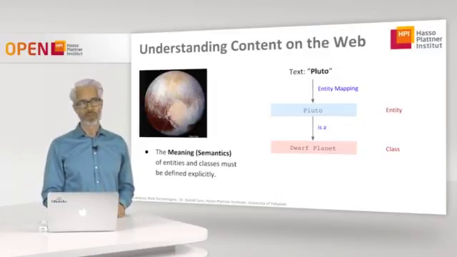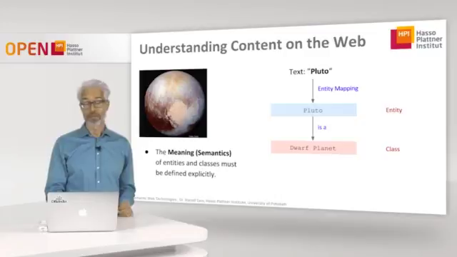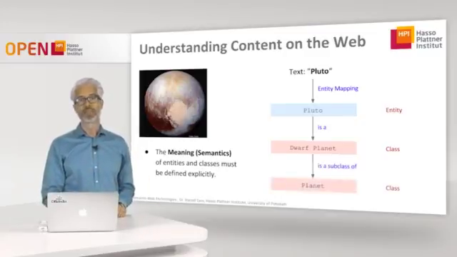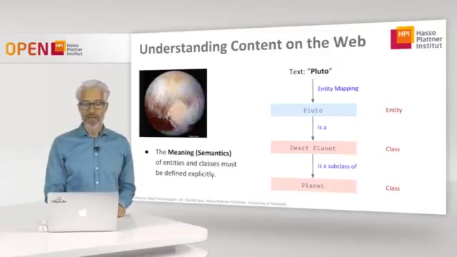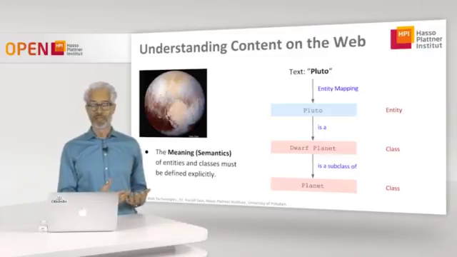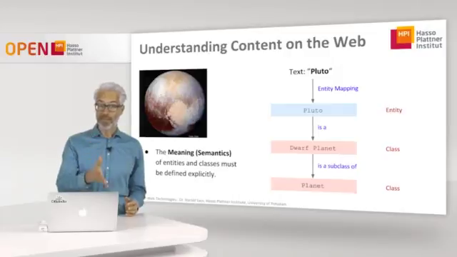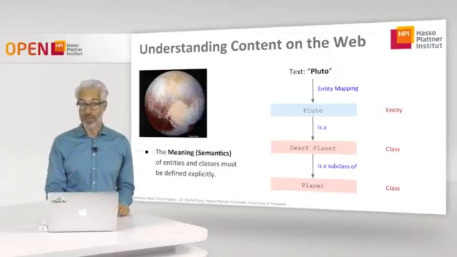And what is a dwarf planet, you might ask now? A dwarf planet is a special kind of planet. Of course, it's a small planet, so the class of dwarf planets is a subclass of the class of planets. In that way, you could, for example, explain what Pluto is. But of course, a simple class hierarchy is not sufficient to completely understand the meaning of that.